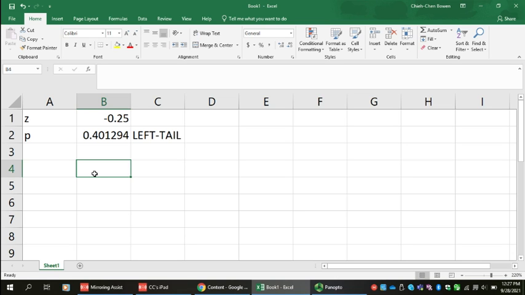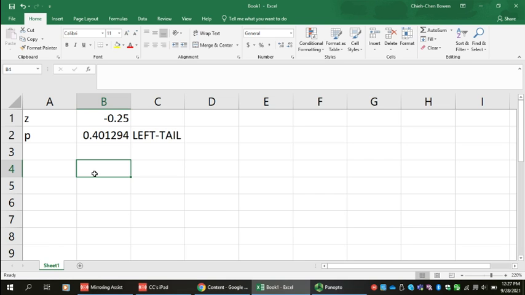What happens if they ask you for the probability of the z-value greater than negative 0.25, which is to the right-hand side of that z-value,